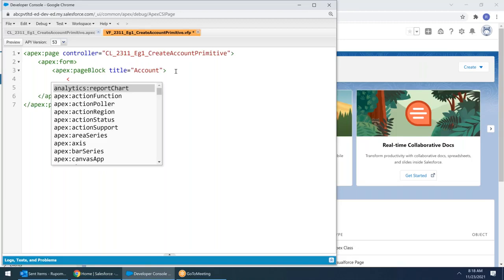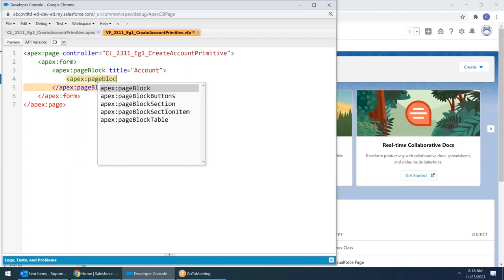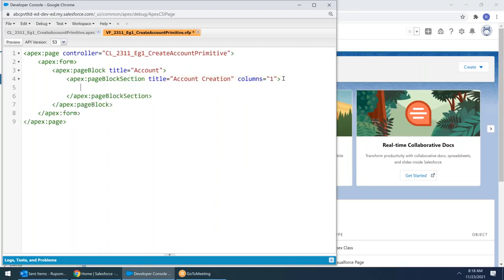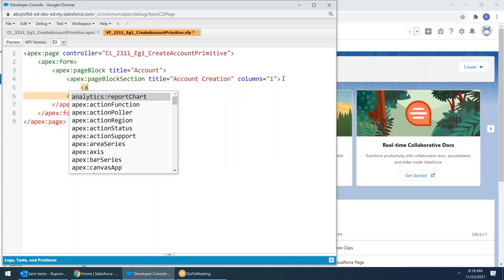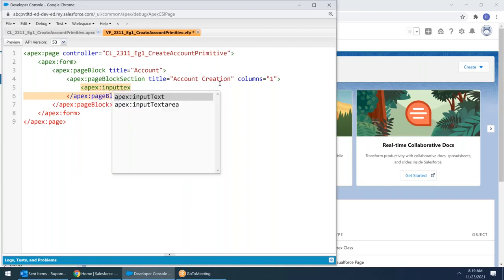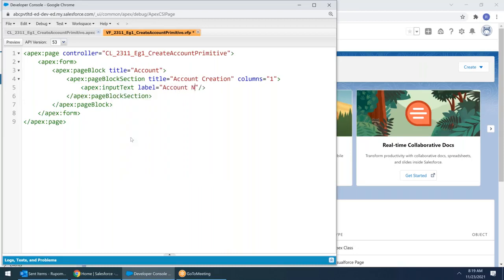Next, apex page block section, title equals to account creation. Number of columns equals to 1. I want all in one field. Next, apex input text, label, account name,